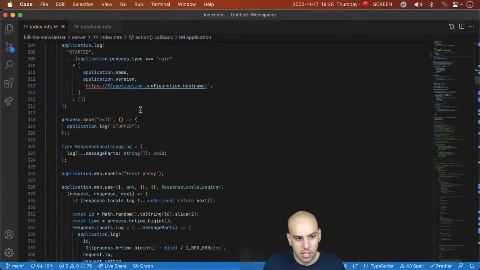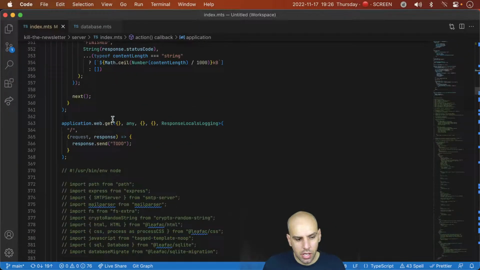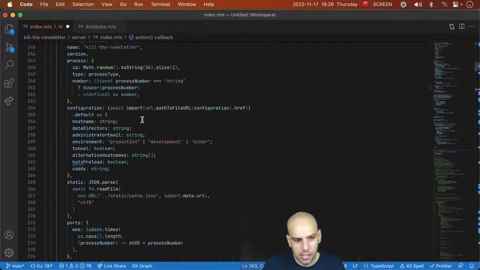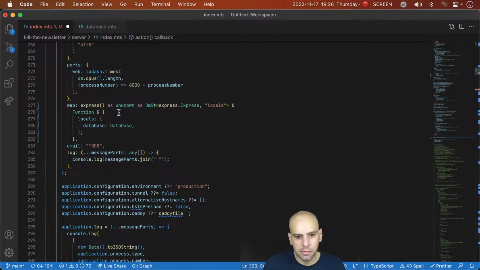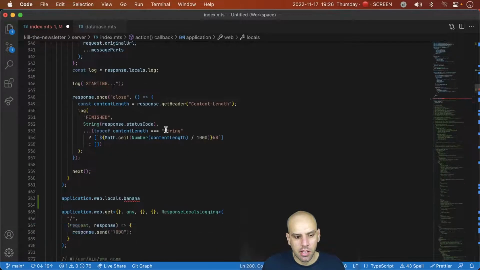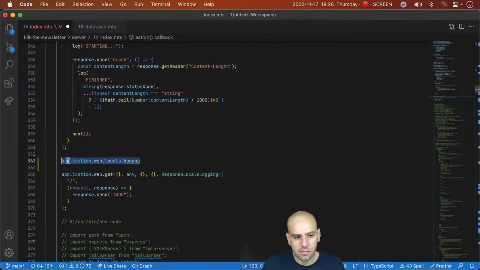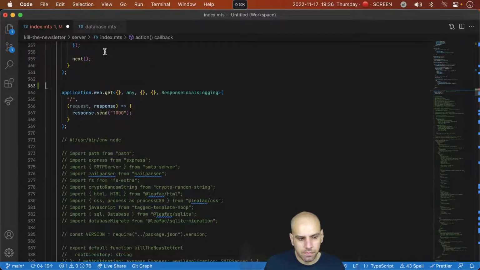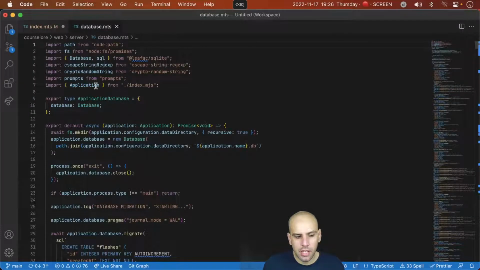That means that we are able to do things like application, web, locals, database, but we are not able to do banana because that has not been declared in this type. See, I'm writing the same thing twice and they are linked, and then I'm catching mistakes. Awesome. So this whole database setup